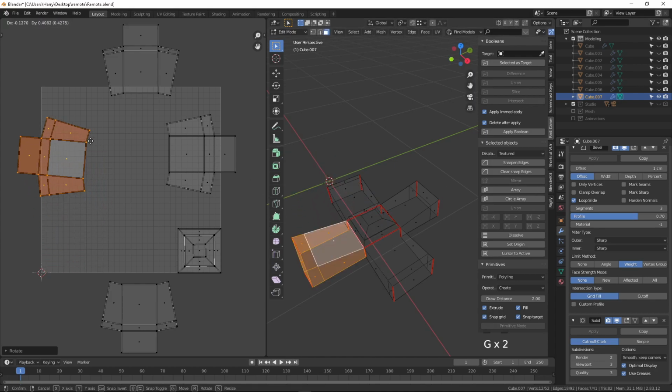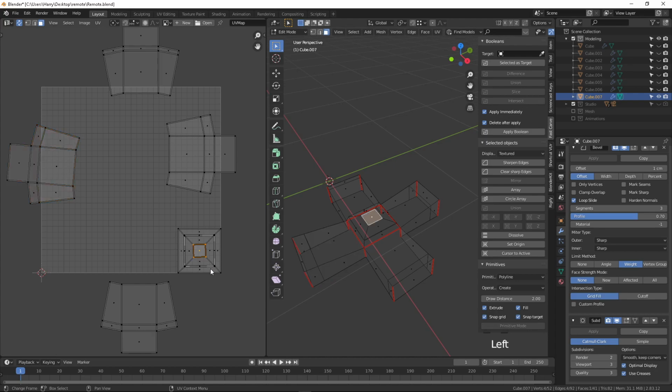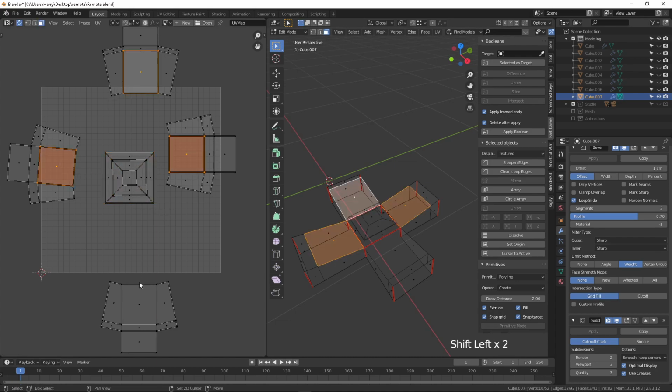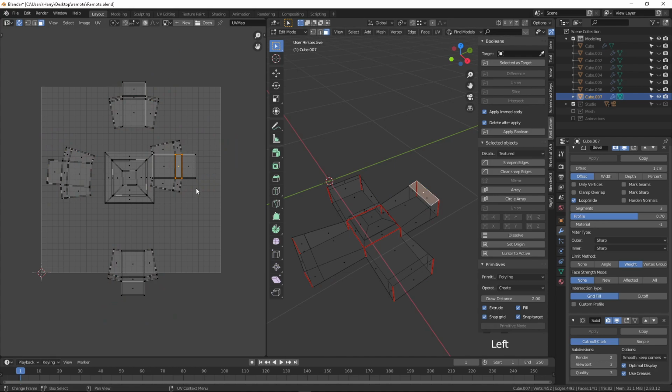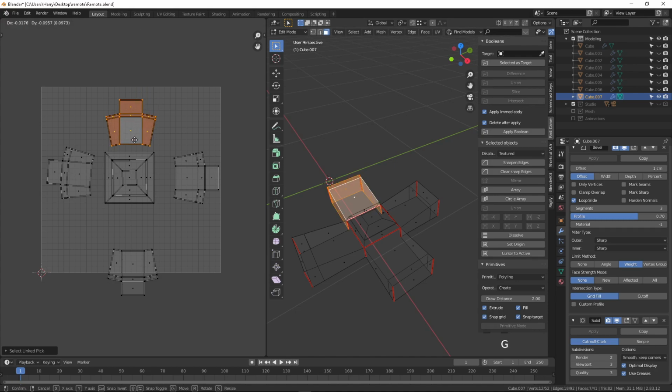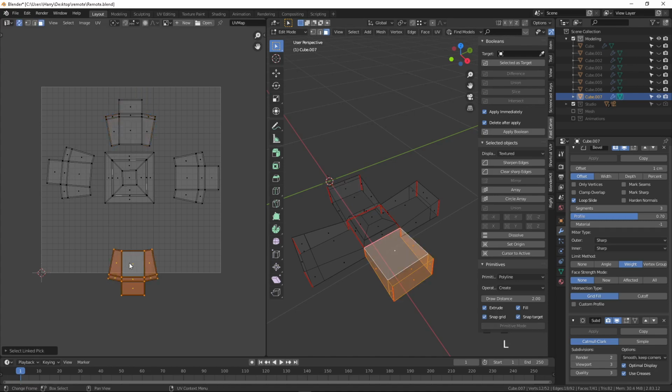Press G to move here, and this is the center. G and move it here. Press S to scale. Select this one. Select this. Select this. Select this. Press Ctrl L and scale it down. Okay. Press L and G to move. Select this. Press L and G to move. Select this. Press L and